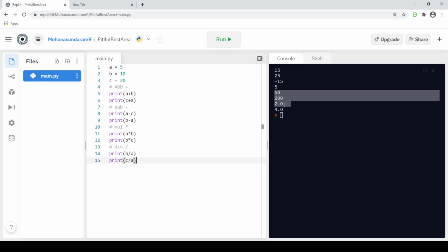You see we got a value of 2.0, which is 10 divided by 5 is 2, and 20 divided by 5 is 4. But the division operator, the forward slash, will give us a result in float format. You see that we got a result in float format. If you want a value in an integer, in a whole number without this point, you can use